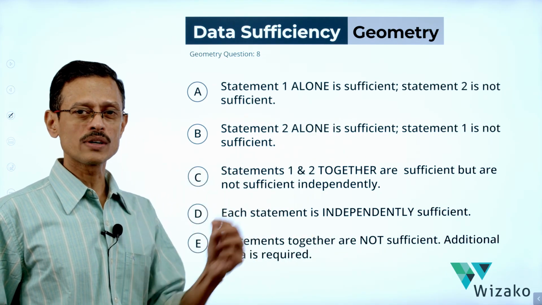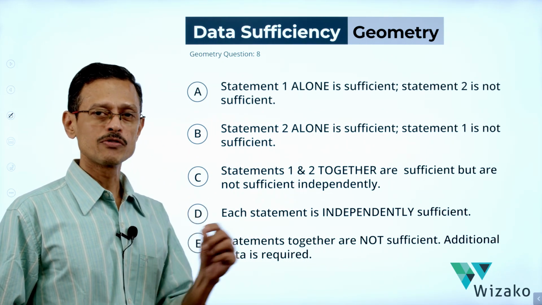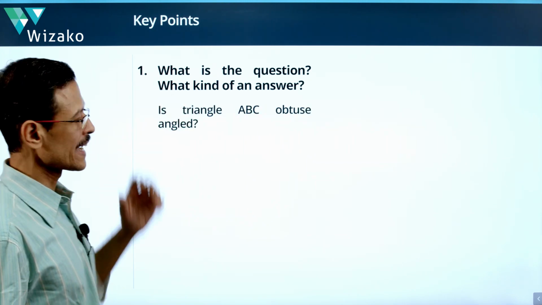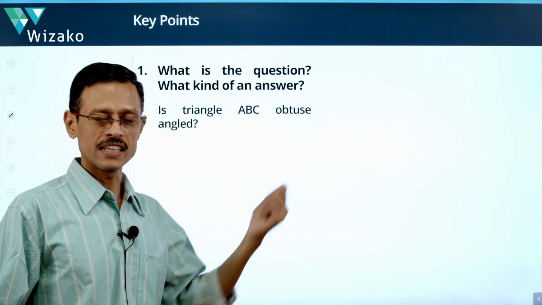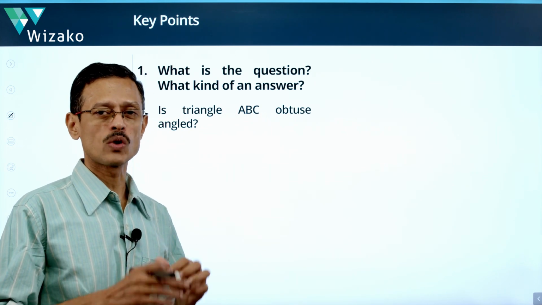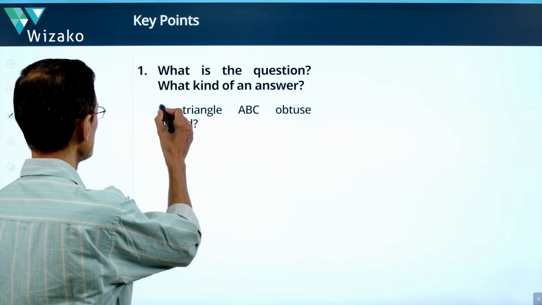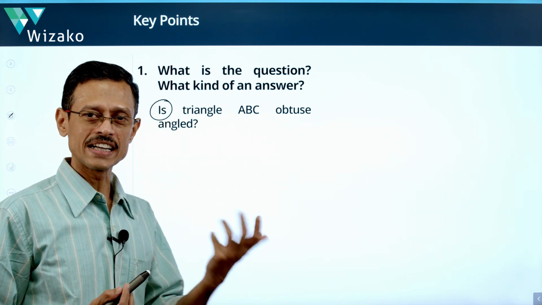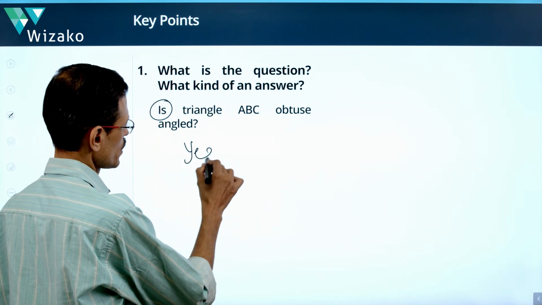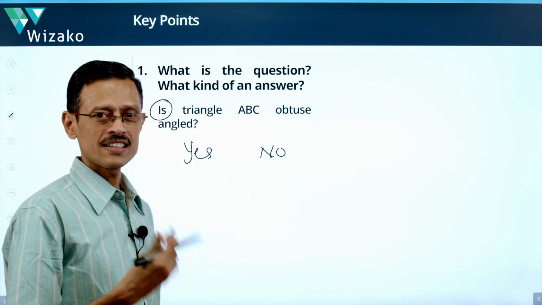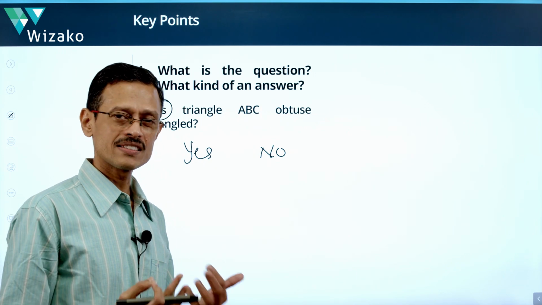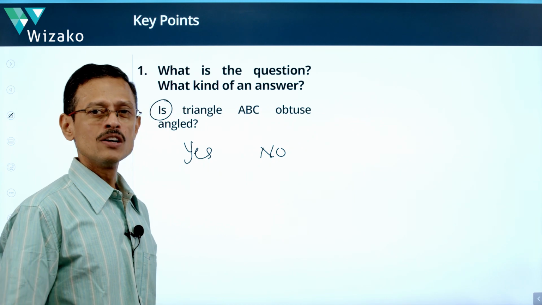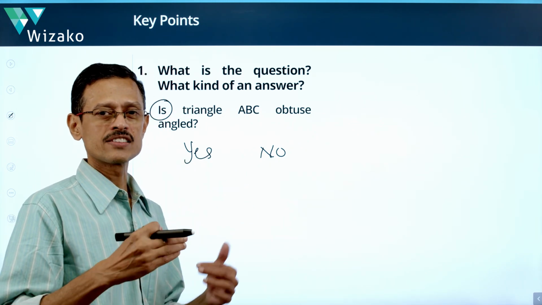Let's take a look at the 2 customary things that we do with any DS question before looking at the statements. What is the question that's asked? The question that's asked to us is: the triangle ABC, where its vertices are uppercase ABC, is this an obtuse angle triangle? This question starts with the B verb is. For any question that starts with is, or any other B verb, do, did, are, any of these things, the answer will be a yes or a no. You have to answer the question, we'll say, hey, yes, the given triangle is an obtuse angle triangle. Or you'll say, no, the given triangle is not an obtuse angle triangle. So the answer is going to be a yes or a no. For any B verb question, keep this in mind, the answer is always yes or no.